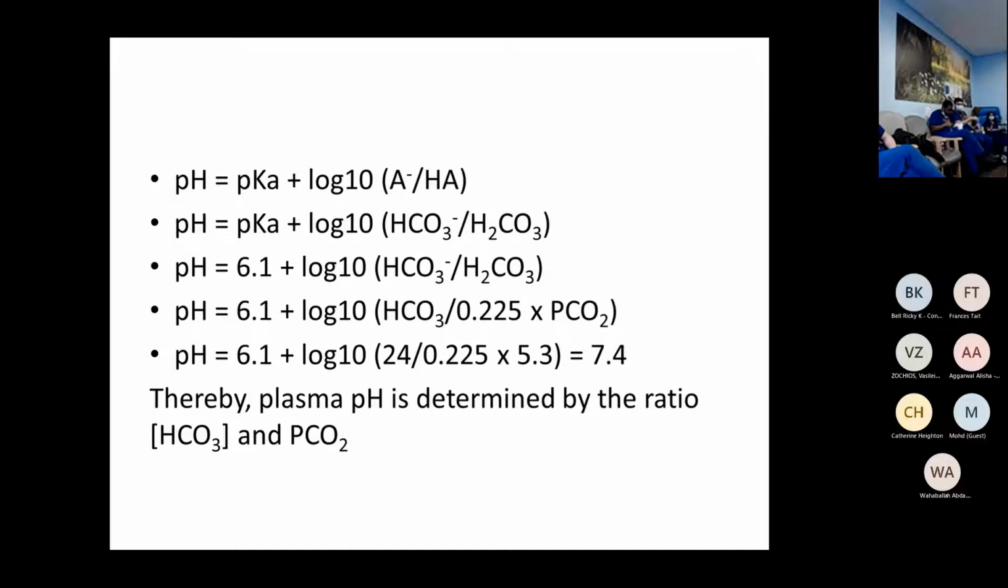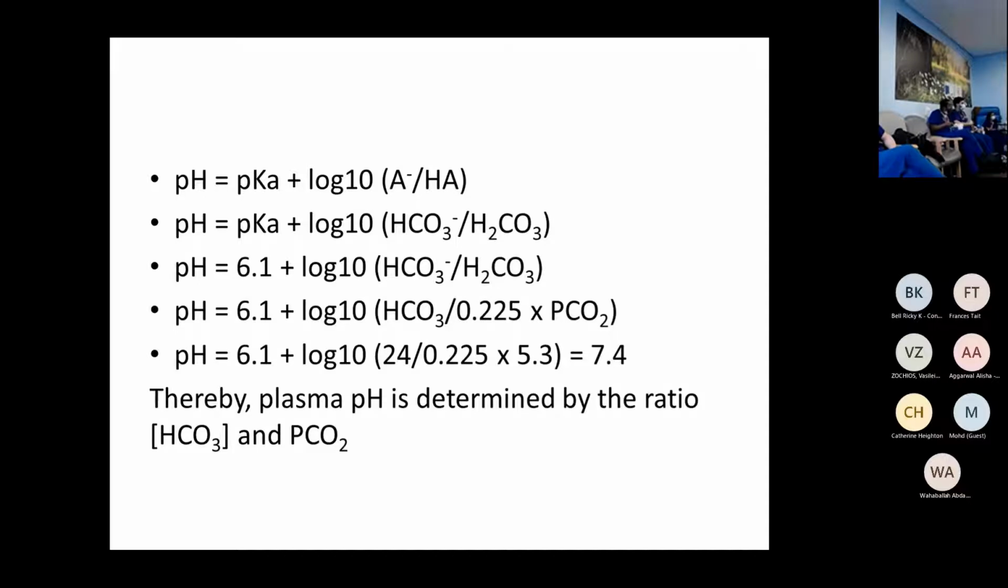The pKa for that is 6.1, and if memory serves me right, the pKa is also the pH at which that acid base will be 50% dissociated and 50% associated. That's where the model comes from. So if you plug in the numbers, you can convert carbonic acid to CO2, they're proportionally linked, and the